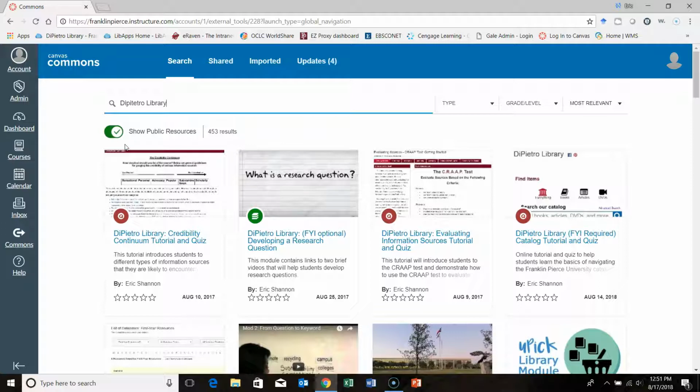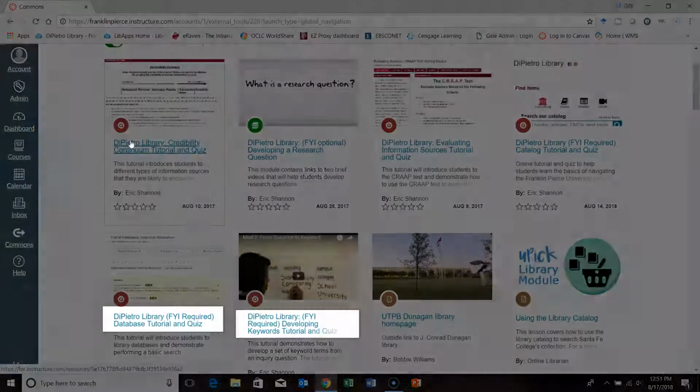If you have opted to use online library tutorials for your FYI class, you will look for the tutorials that have FYI required in their title. There are 3 tutorials that are required for those using the online library tutorials for FYI. The DPHO Library Catalog Tutorial and Quiz, DPHO Library Database Tutorial and Quiz, and DPHO Library Developing Keywords Tutorial and